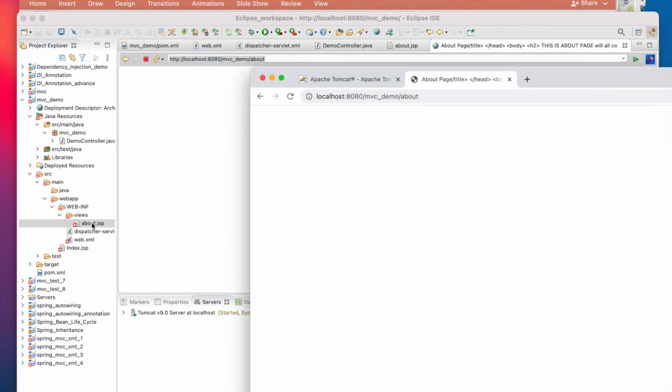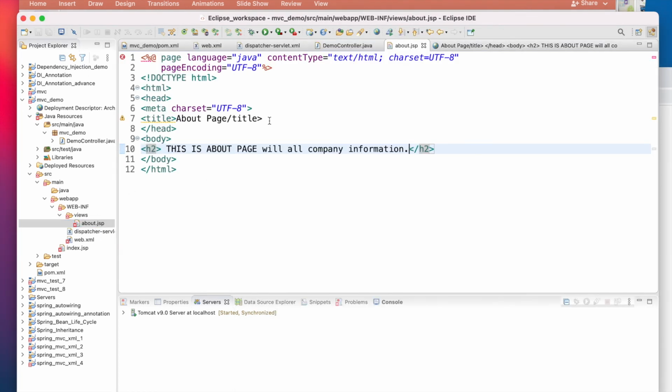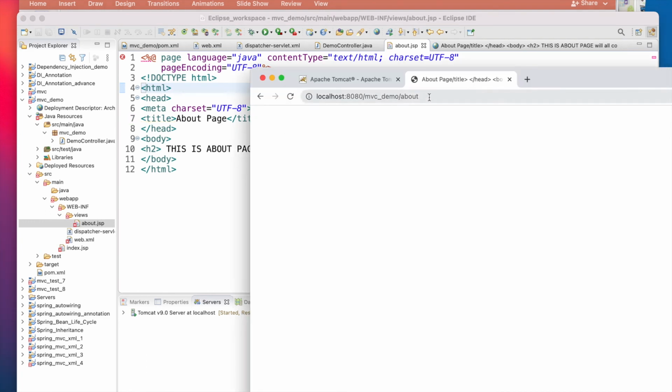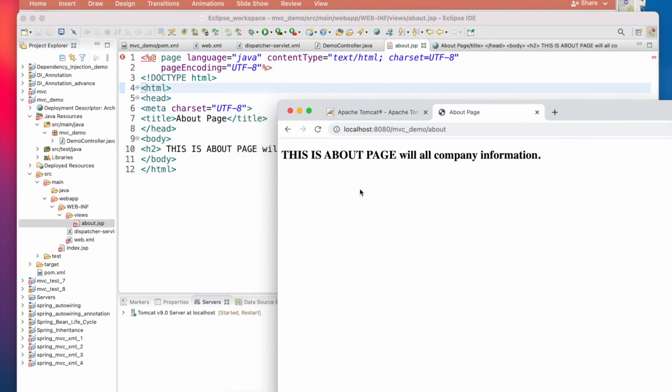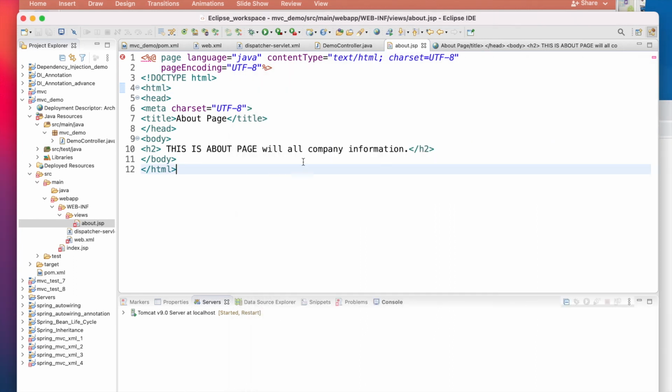I think in the about page we have made some mistake. See, the title should be like this. I had missed one thing. Save it. That's why I'm saying it should work. Now you can see this is working. This about page is working. Whatever I have given, it is coming.